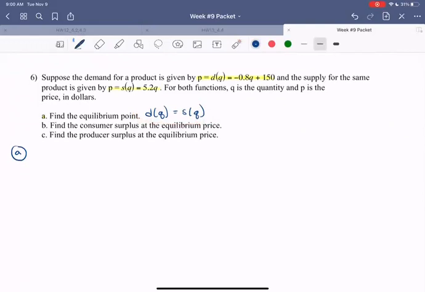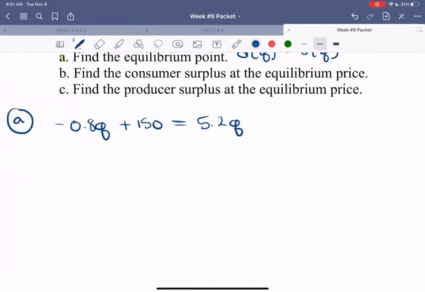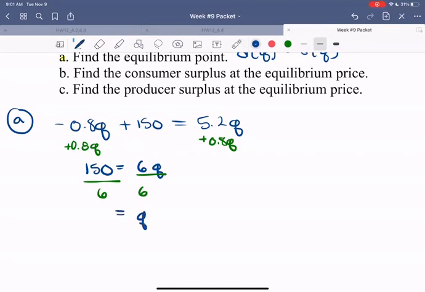We would write demand as negative 0.8Q plus 150 equals 5.2Q. Now what I'd like you to do is pause the video and solve for Q on your own first. All right, and when you're ready, we can look at it together. We need to solve for Q. I'm going to put my Q on both sides, so add 0.8Q to both sides. I'm left with 150 equals 5.2Q plus 0.8Q, which gives me 6Q. Now what do we do? Divide by 6. We should have Q is equal to 150 divided by 6,